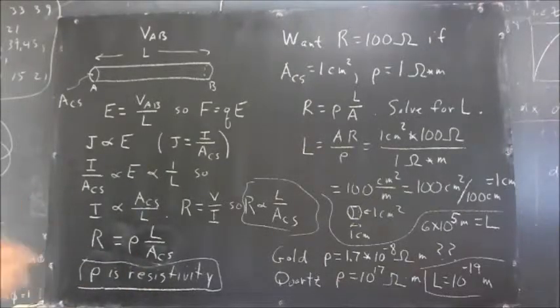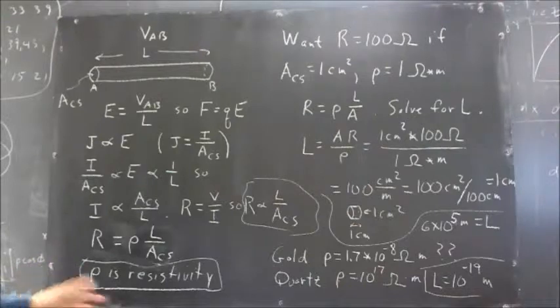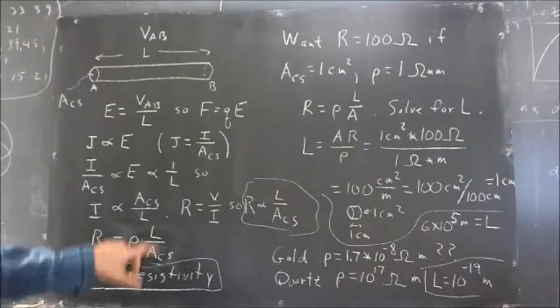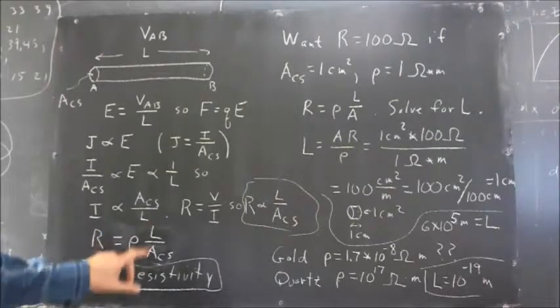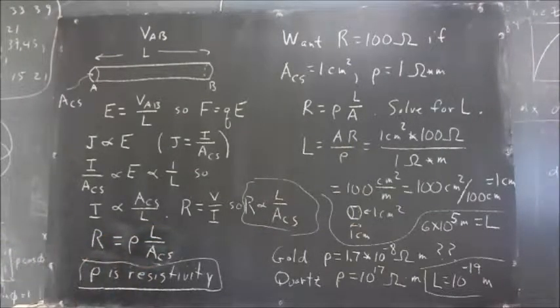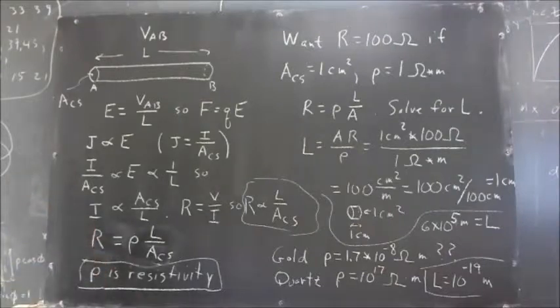Now, the problem that you asked me about, I gave you a list of resistivities. So it's very easy then, if you have a situation, to look up the resistivity, or if we have a situation where you're given the resistance, length, and cross-sectional area, it's very easy to calculate the resistivity. You only have 4 quantities here, and as soon as you understand this proportionality, you have a formula that you can use to solve for any one of these if you know the other 3. And of course, I ask you questions that ask you to do that with various